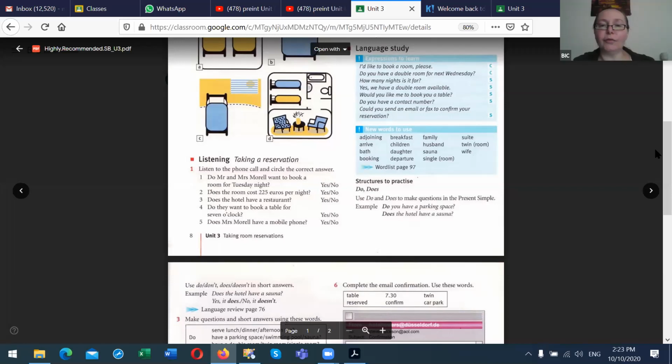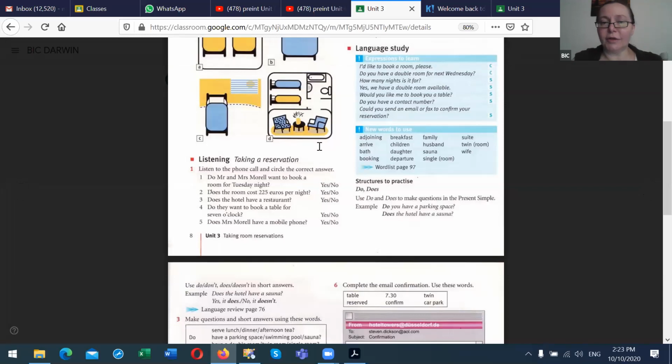What does it mean if the rooms are adjoining? Maybe Saiful. Sorry, I don't know, ma'am. Beside. Joining. Next to each other, but connected. So if I have adjoining rooms, that means there's this room and there would be a little door to another room. That means the rooms are adjoining. So they're not just next to each other in a hotel, but they have a door that you can open and people can go from one room to another room.